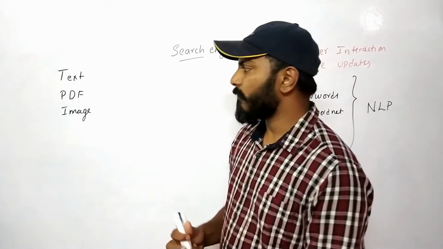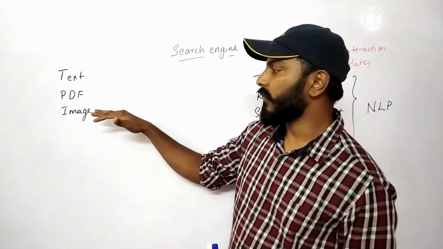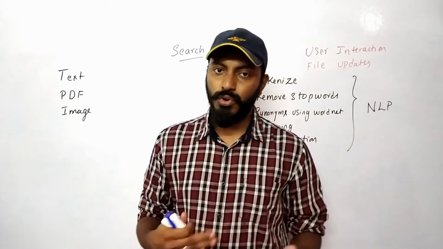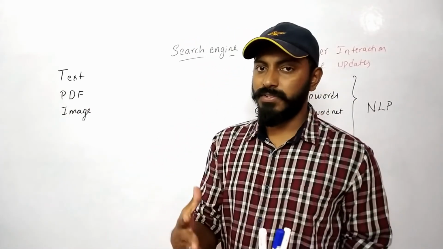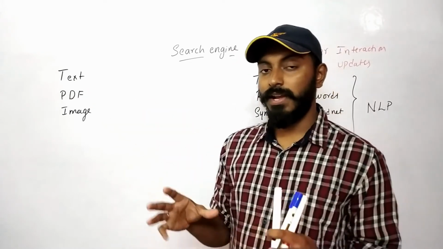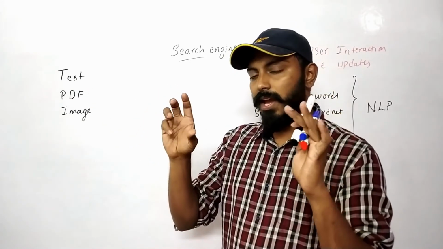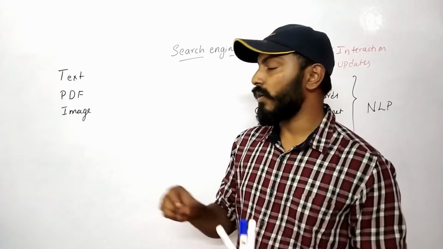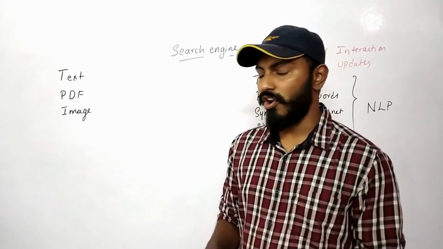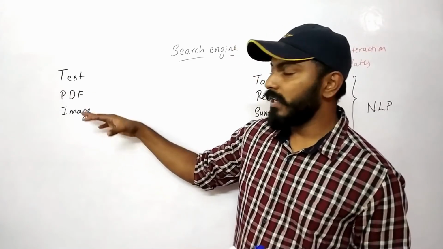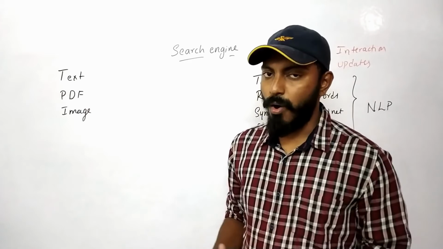So if the file was a PDF, image, or video, how do we go about it? There are different strategies for that also. First thing is we can take the PDF file and parse it, but if we can't parse the PDF file, what we can do is take an image screenshot and convert it into an image. Now we have PDF and image both in image form. And now